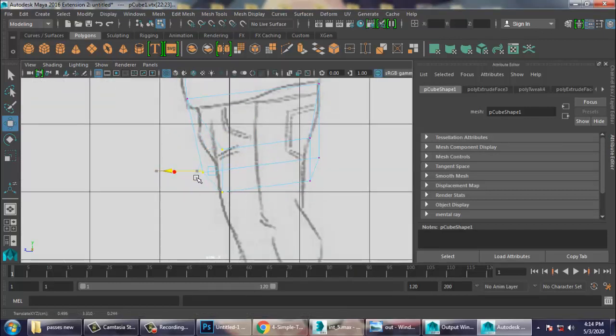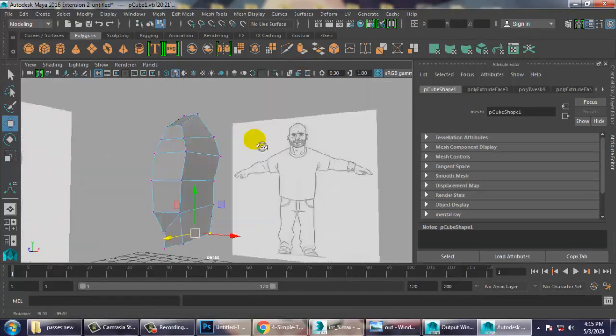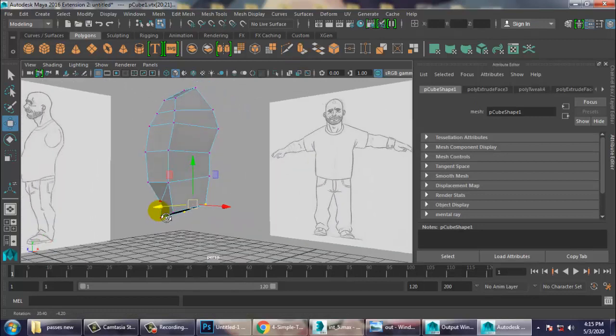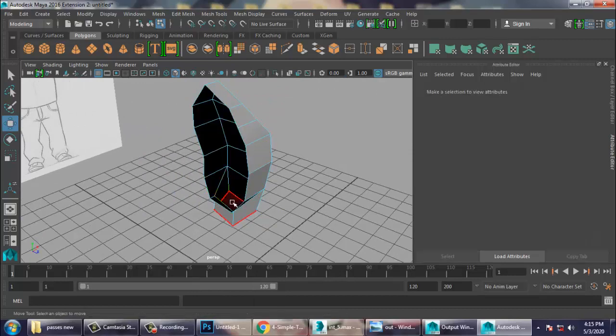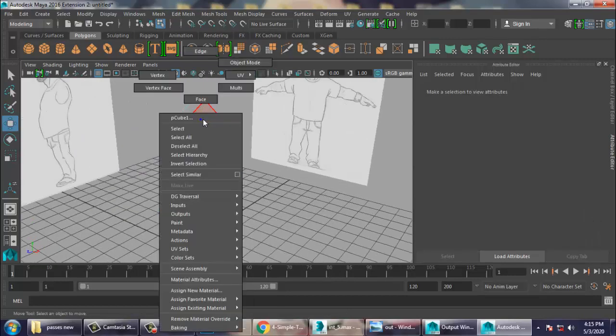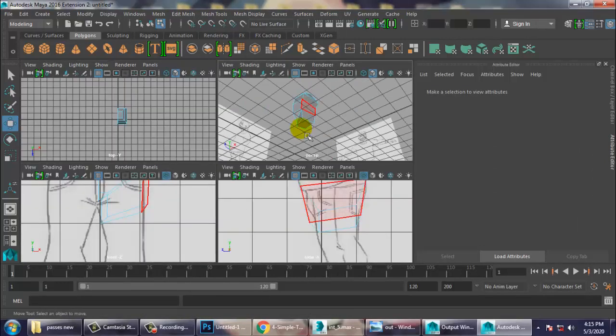From the side also we need to adjust it properly. So you need to go on adjusting those properly. Go into this side face and let's just delete it. Select the face again, your bottom face.